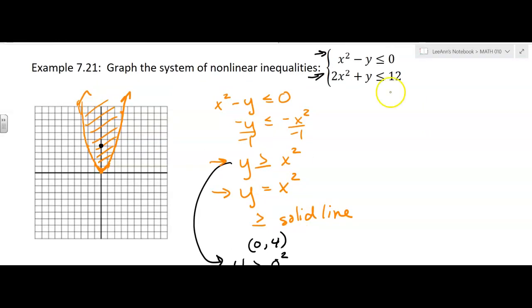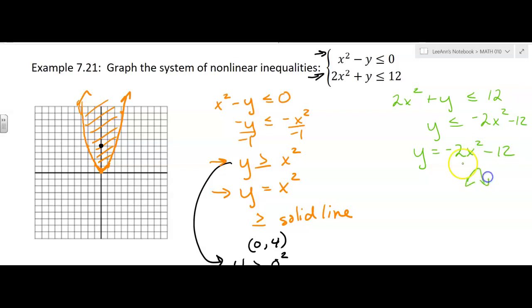We'll do it in green. So I'm going to say 2x squared plus y is less than or equal to 12. I'm going to go ahead and subtract the 2x squared over. Okay, so this one is a little bit different, right? I'm going to be graphing y equals negative 2x squared minus 12. Now, I know it's going to be upside down because of the negative 2, and it's going to have a stretch on it. Not much of a stretch, but it is going to have a stretch, and it's going to be shifted down